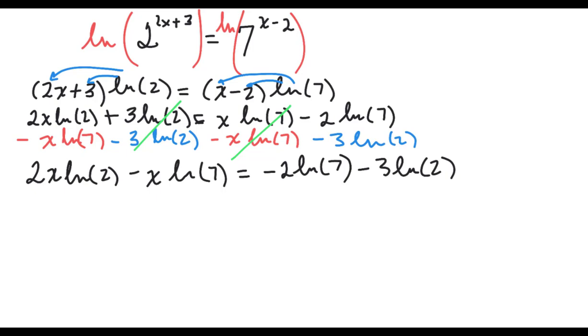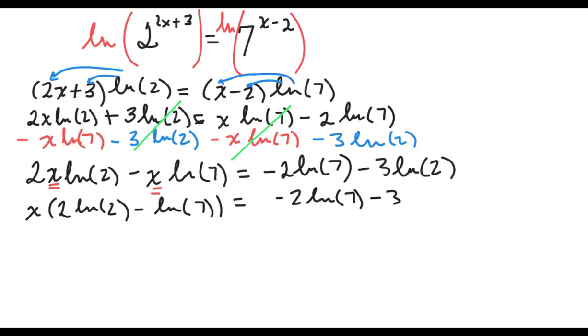Well, on this side, I want to still isolate x, and it's in both of these, so I could simply factor it out front, and I get 2 ln of 2 minus ln of 7. And this is still this business over here, ln of 2. And then finally, to get x by itself, let's just divide this piece on both sides,